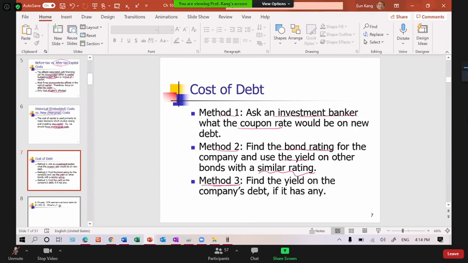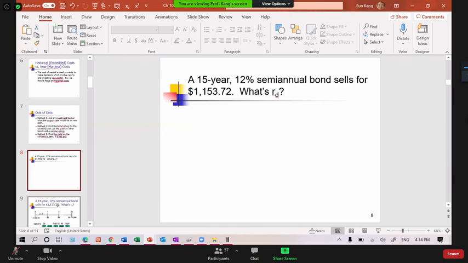But method 3 is more accurate: find the yield on the company's debt. That is, your company's debt, if it has any. So if you have some debt, then you will find the cost of debt from your debt. How? Like this. A 15-year, 12% semi-annual bond sells for 1153.72. What is RD? RD stands for